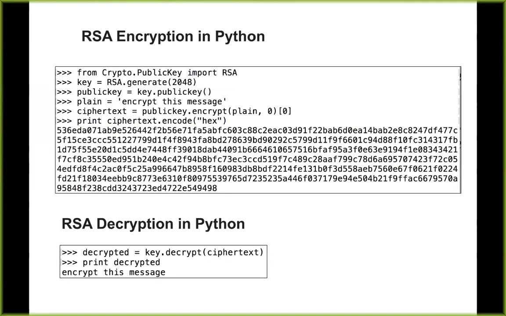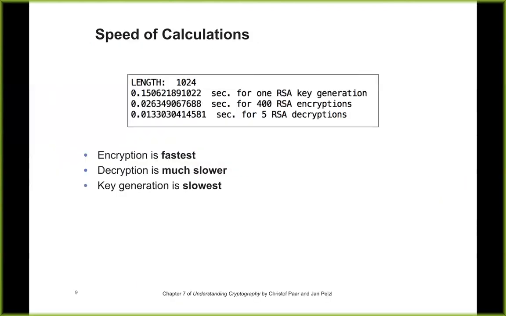Can you go back over? Yeah. So we had 3 speeds. You have more encryptions. Yes, well, I adjusted that number to get reasonable numbers. So you really could do 4,000 RSA encryptions in the time you take for one key generation, and then you do 5 decryptions. It's probably better if I used 4,050 there to get them all to about the same size. But anyway, the generation is what's really slow.